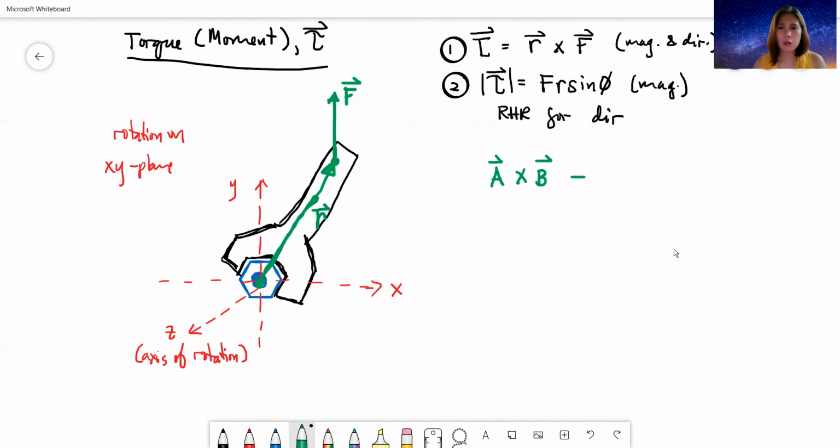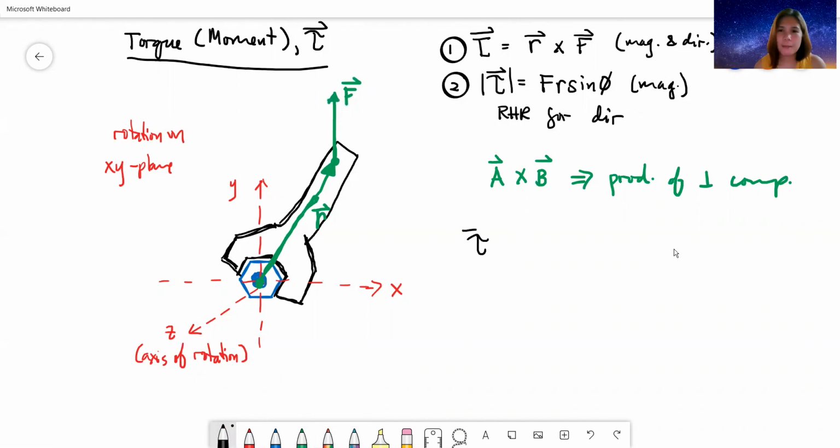We say that for a cross product, we get the product of perpendicular components. No? Product of perpendicular components. Or another way of looking at it would be, we determine the component of F, the component of the applied force here that is perpendicular to R. So let's go back here. Yan. So we say therefore that the torque,